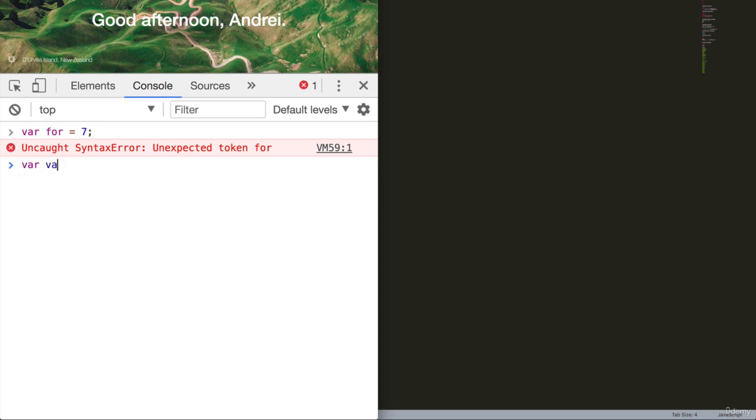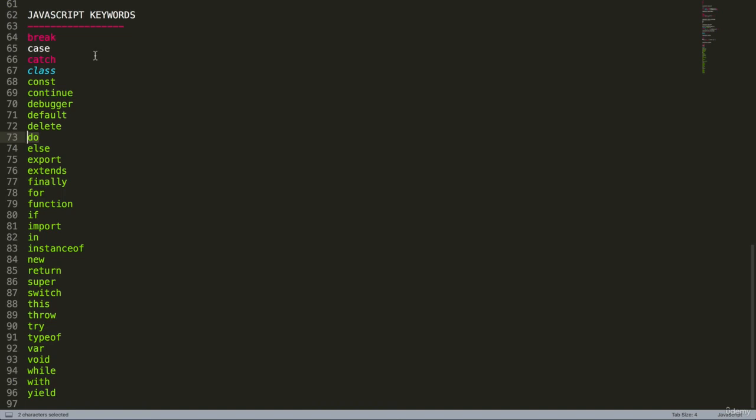I can't do var equals 8 because, well, var already means something in JavaScript. So JavaScript keywords are words that you cannot use because it'll have unintended consequences. JavaScript is going to read it and say, oh, you're trying to mean something that I already know the meaning of. So this list over here, you just have to be cautious that you don't name your variables or your